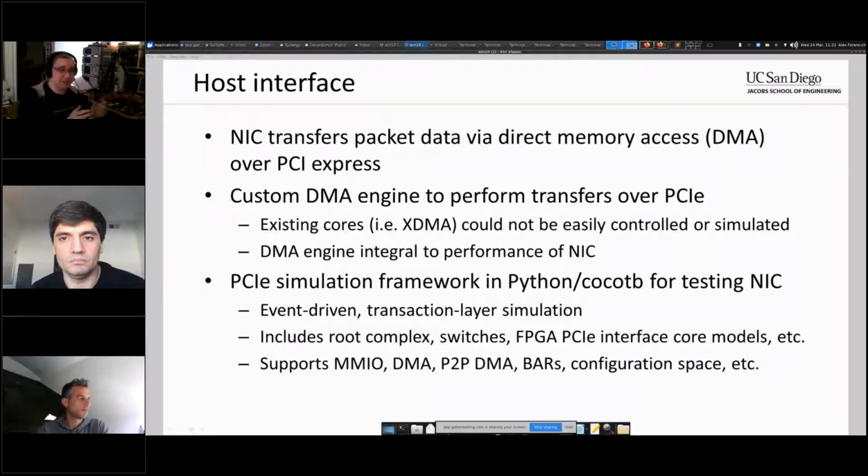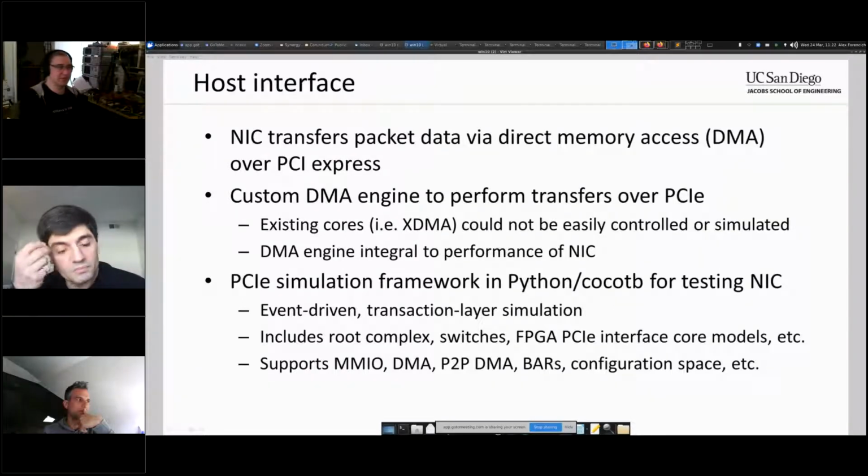And then we also put together a rather extensive simulation framework in Python for simulating the entire system, including the custom DMA engine and all of the components on the NIC. And this is super important because debugging in hardware is a real pain. So if we can simulate the entire system in software, including the integration between the DMA engine and the other components, then we can work out a lot of bugs beforehand, before we load it onto the FPGA where